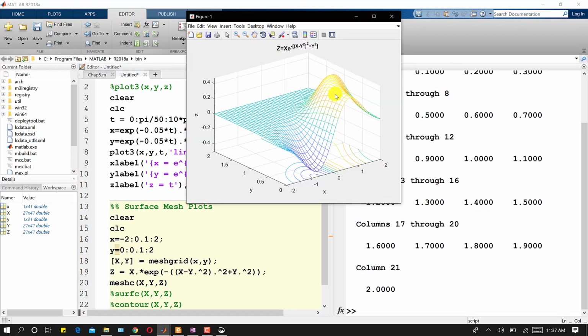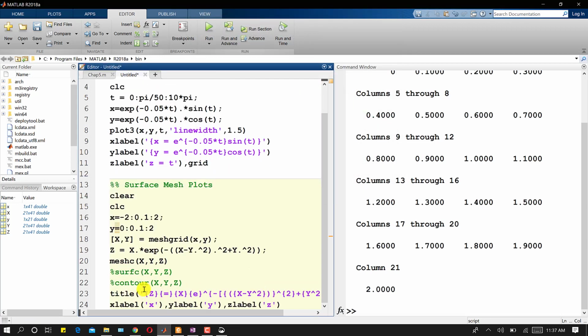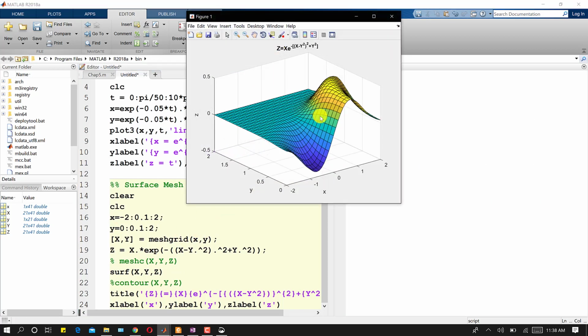Now I have changed the ranges. Let's suppose you want to have a surface for this. I will comment this and we will have this surface. Now if I run this, we will have this plot, and we can see that the x range is from minus 2 to 2 and the y range is from 0 to 2.